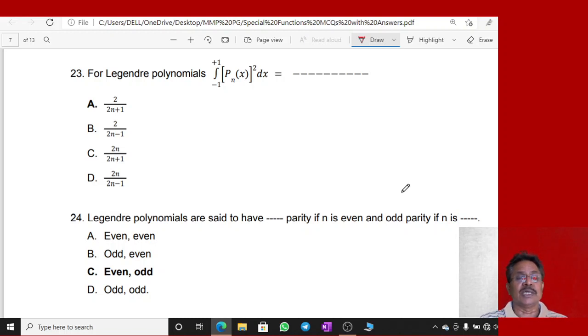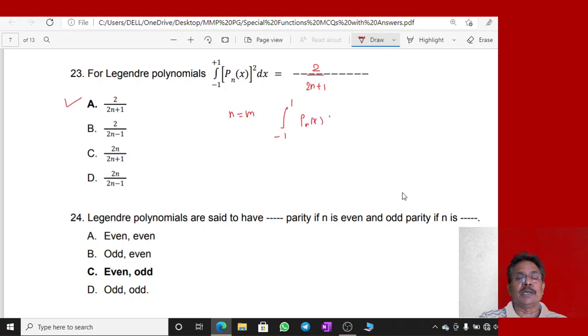This is the right hand side of this equation. If this integral is solved, it comes to be 2 upon 2n plus 1. So this right hand side of this integral is twice of 2 upon 2n plus 1, and hence option A is correct. So here n and m are equal, and therefore this integral